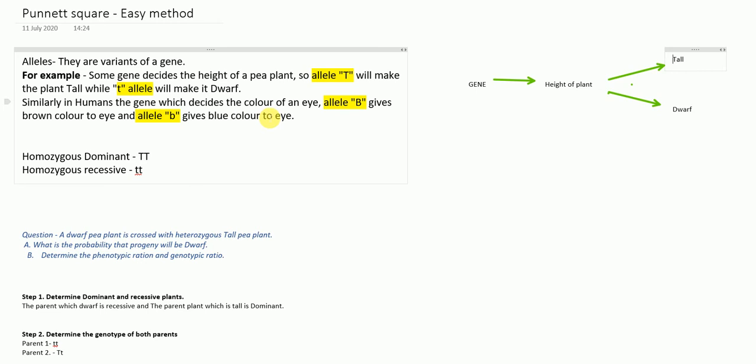Now, these alleles can be dominant or recessive. Dominant alleles are those which show their effect in the presence of the other allele, even if the other allele is present. And a single copy of a dominant allele is enough to show the characteristic appearance. For example, a plant which is having even a single copy of capital T would be tall,